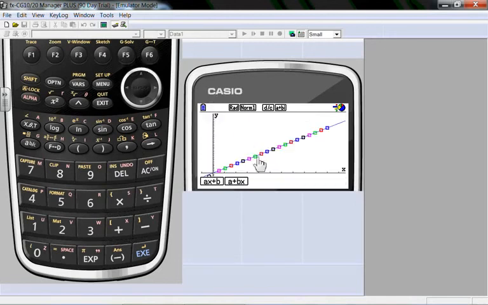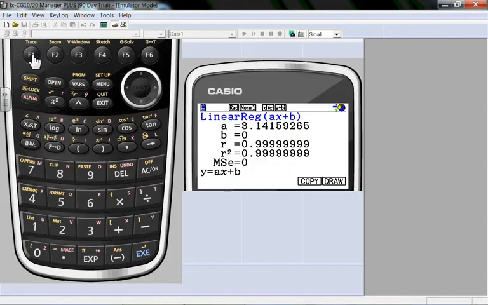So remember what I was telling you about, what do you remember about the value of pi? The value of pi is the ratio of the circumference to the diameter of the circle. So circumference divided by diameter, change in y, circumference, over change in x, diameter, and there you have it. A quick way to show that pi is in fact the circumference divided by the diameter. We did that via linear regression.